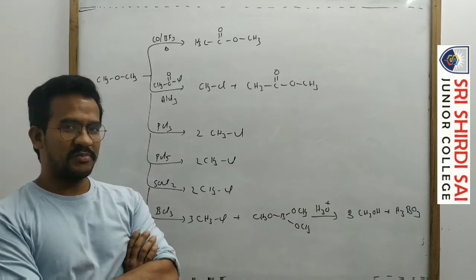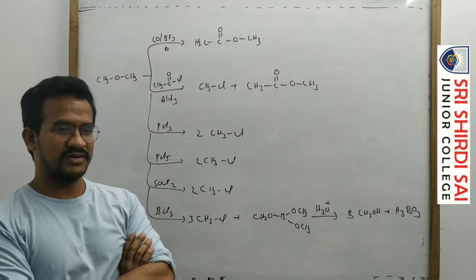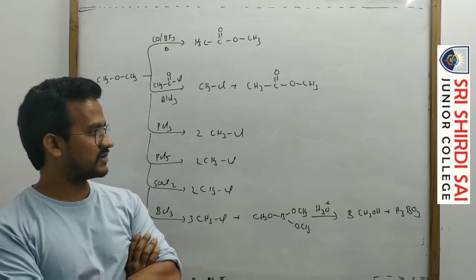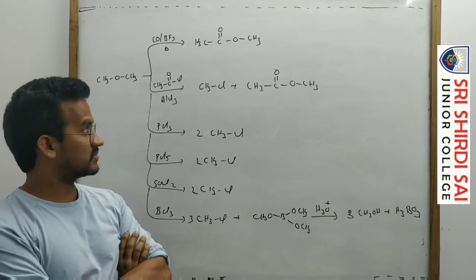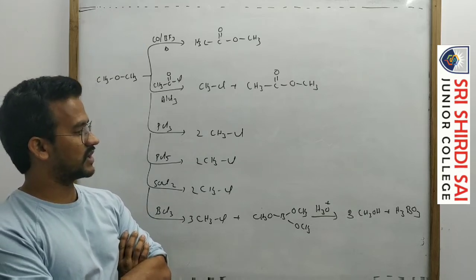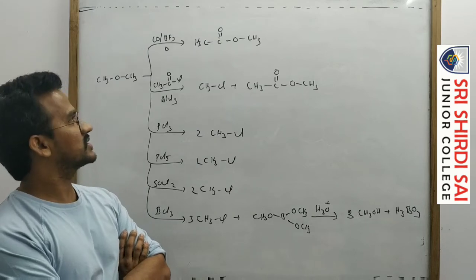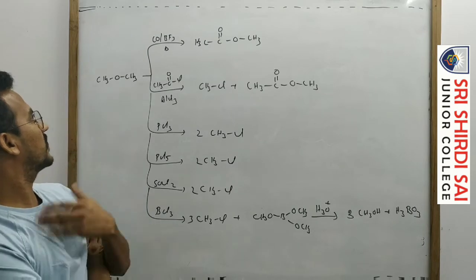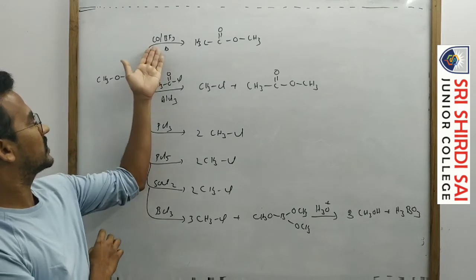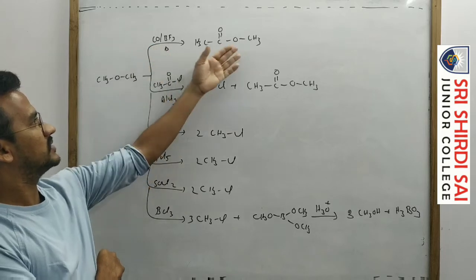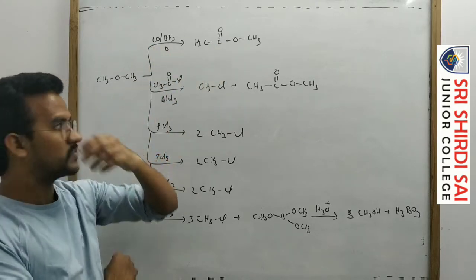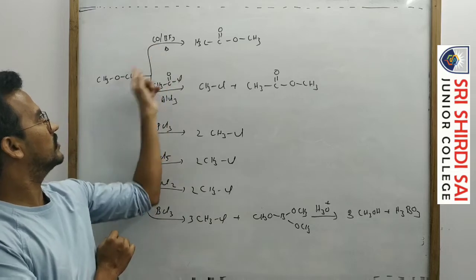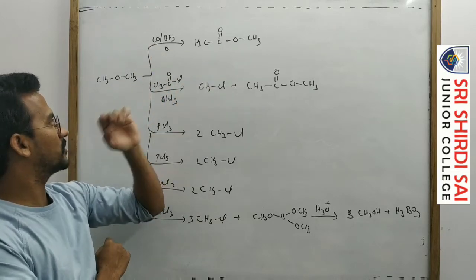In the last class we completed up to the reactions of HI. The ethers are affected by HI. Some more reactions now. These are outside the NCERT textbook, so just remember these reactions. Dimethyl ether reacts with CO and BF3 to give the ester, CH3COOCH3. Just remember this.